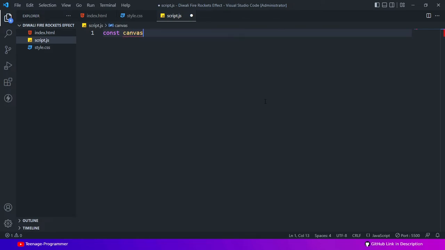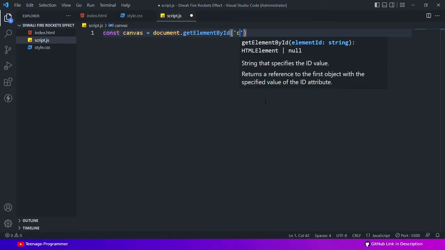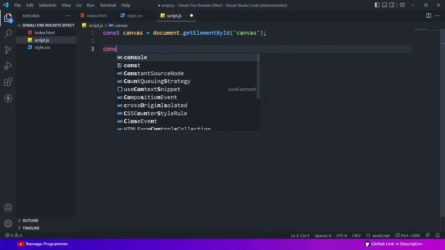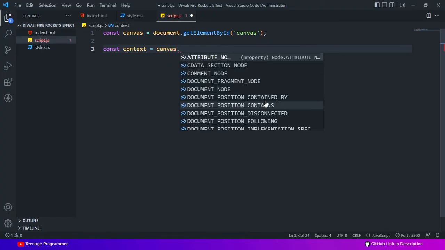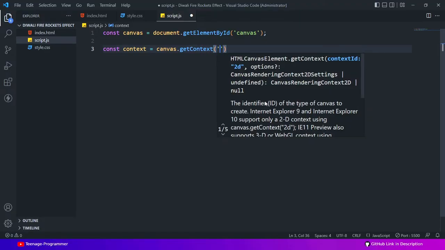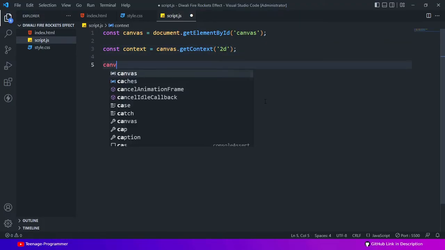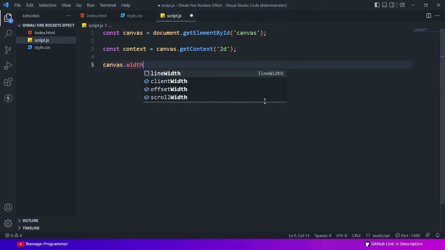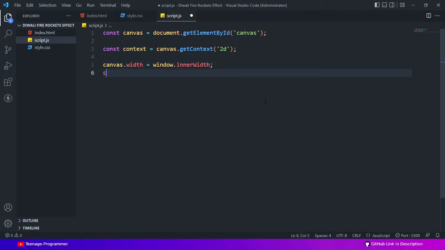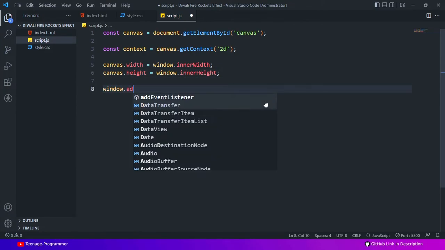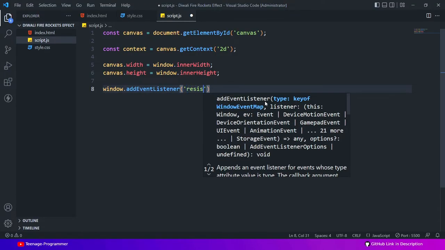Starting with the JavaScript part and importing Canvas. This event listener will resize the canvas as well when the window resizes.